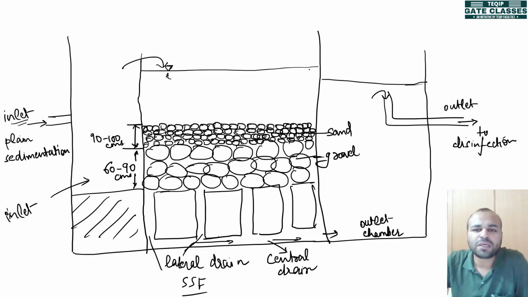Okay, now these are some important things that you should know: the thickness that is considered for the filter medium. For sand it is around 90 to 100 centimeters, and for gravel it is 60 to 90 centimeters. This is a basic construction. This is how your water is filtered. Another important thing here is you can note that there is a considerable difference in the head. As you can see here, this much amount of head is lost as head loss in the process of this filtration.